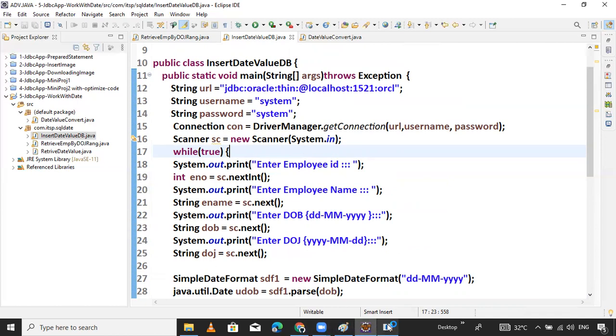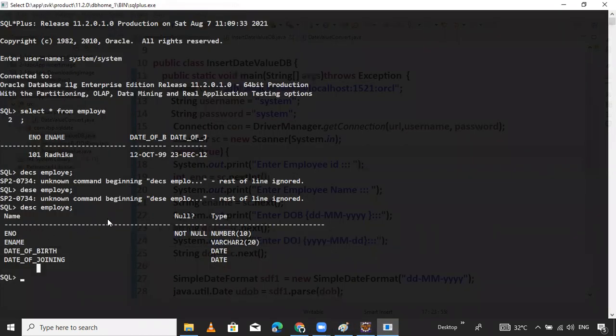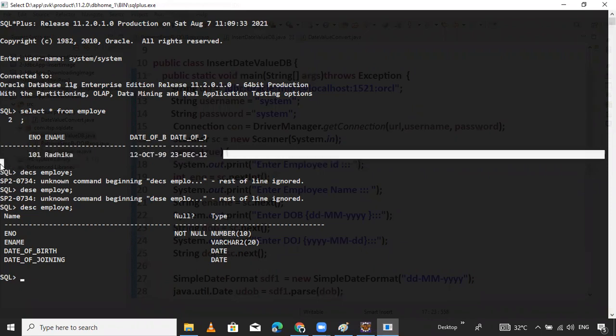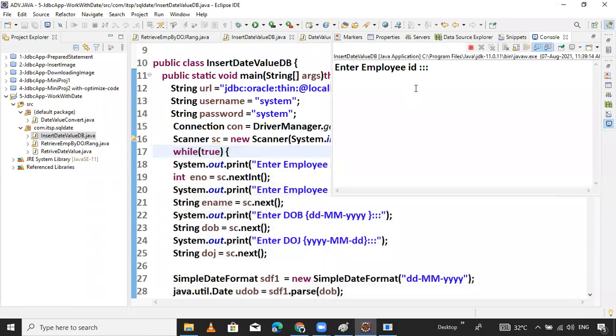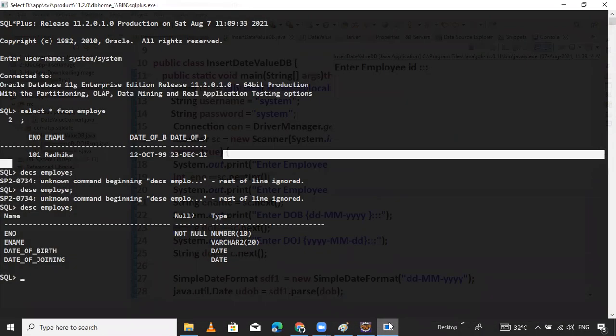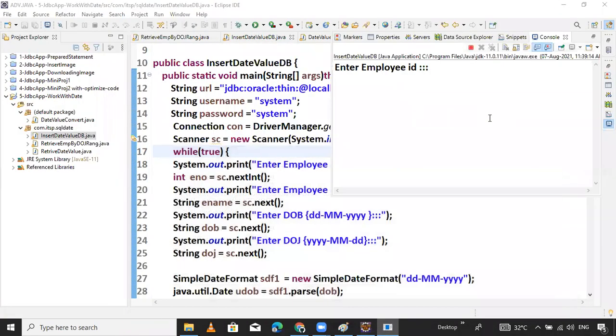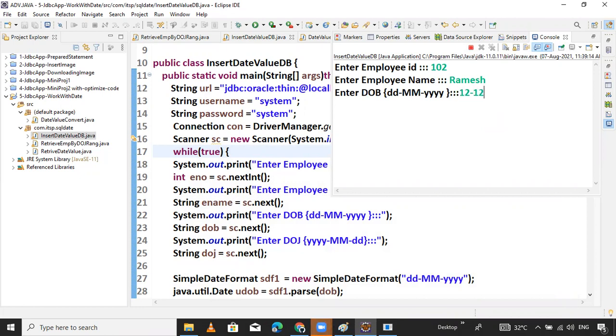First, I'm inserting some records inside the database. Why? Because only one record is there. Now employee ID, which ID did we insert? 101, so now 102. Name is Ramesh, date of birth 10, 12, 2000.